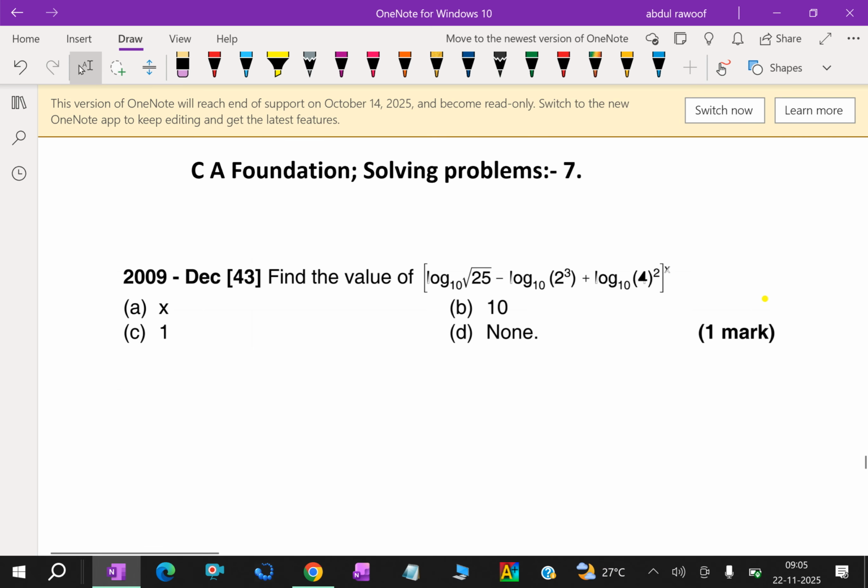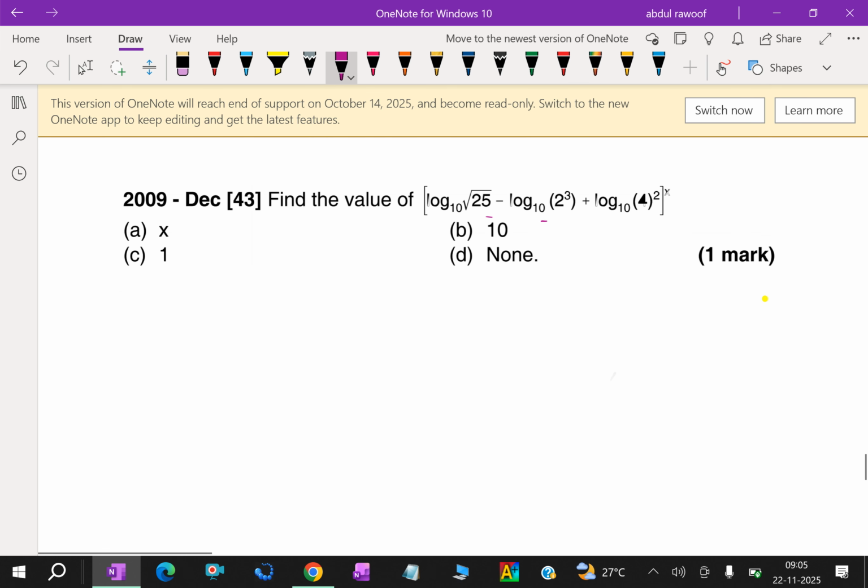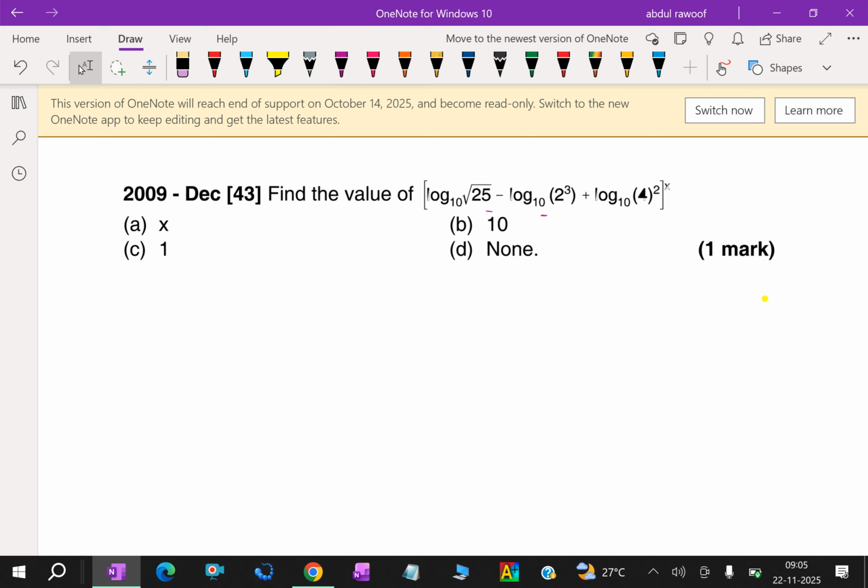Look at this. Find the value of log of root 25 base 10 minus log of 2 cube base 10 plus log of 4 squared base 10. Look at here. First, log of